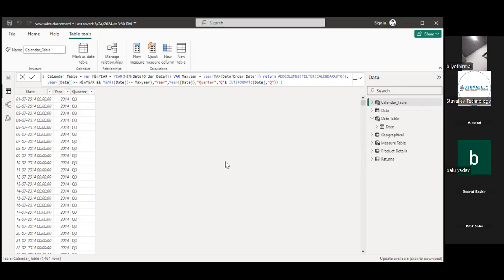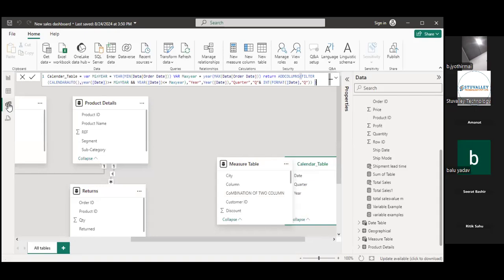And once you create your calendar table, wherever you create it, inside Excel or with the help of DAX functions, your job is not complete. Now go to the model view tab and create the relationship.